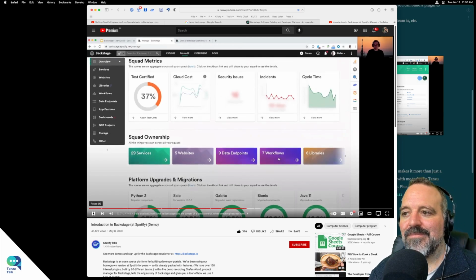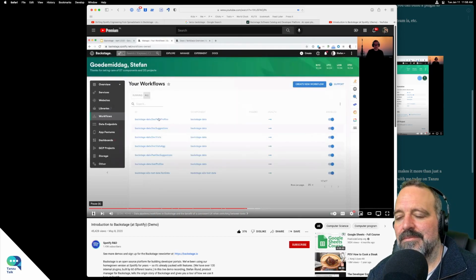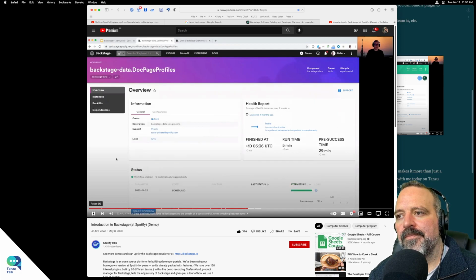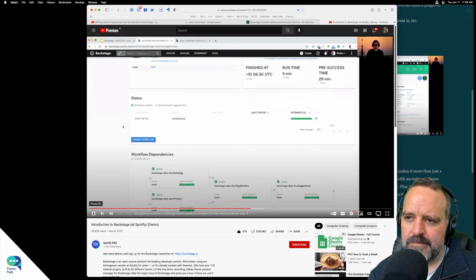So software, let's say workflows, which is basically a data pipeline. This is what powers some products like Discover Weekly and stuff like that. So our team also owns a couple of data pipelines. And as you can see here, this is a different type. It's a workflow, which means a data pipeline. And it has a different set of plugins. So in this case, our data infrastructure has built different kinds of plugins that you can use to manage your data pipelines. But some things are still consistent.